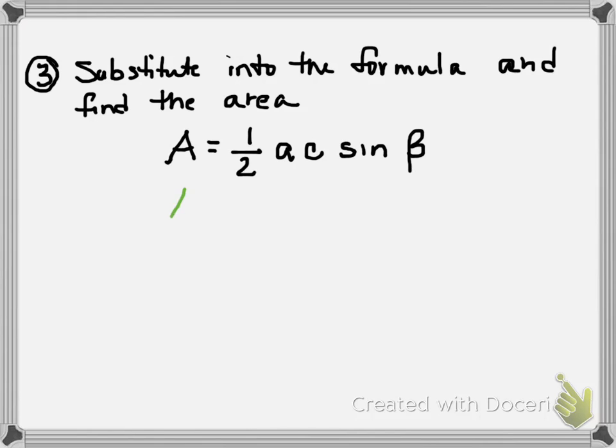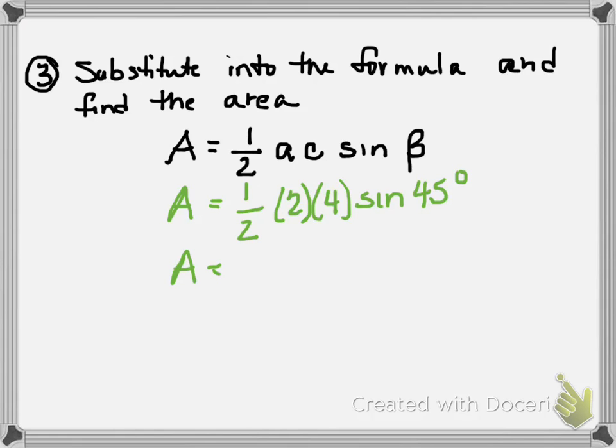Alright, so in substituting, I have A equals 1/2. A is 2. C is 4. And then the sine of beta, beta is 45 degrees. So I have 1/2 times 2 is 1. 1 times 4 is 4. Now, using my unit circle or my memory, I know that the sine of 45 degrees is the square root of 2 over 2. So I'm going to multiply